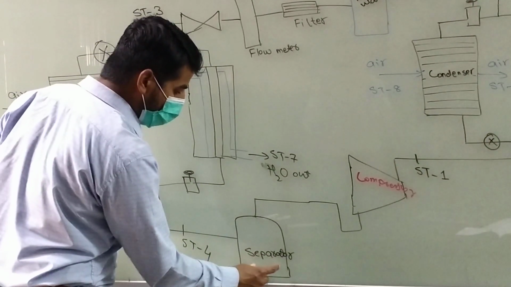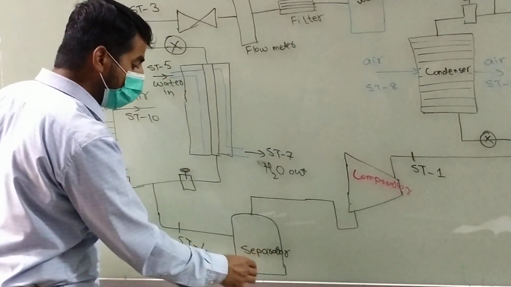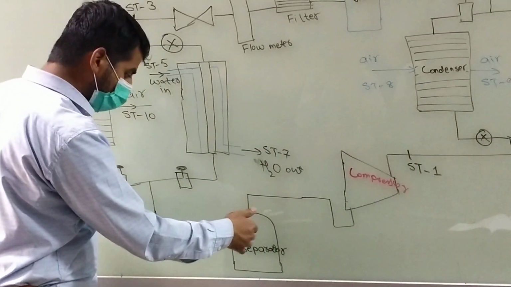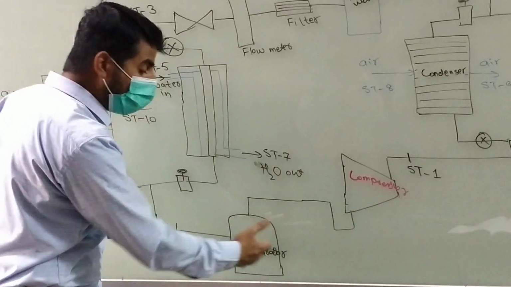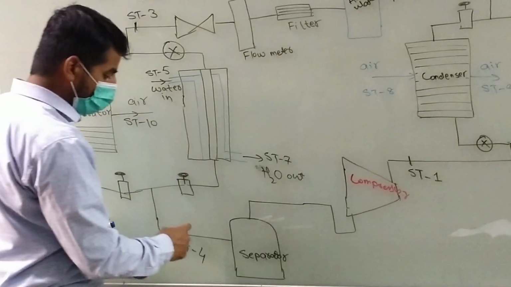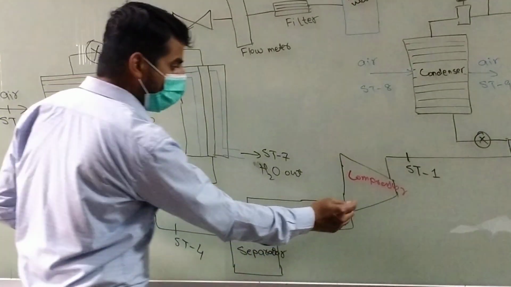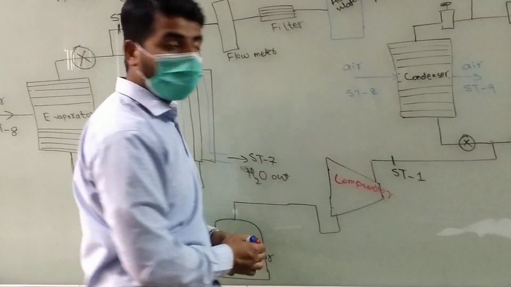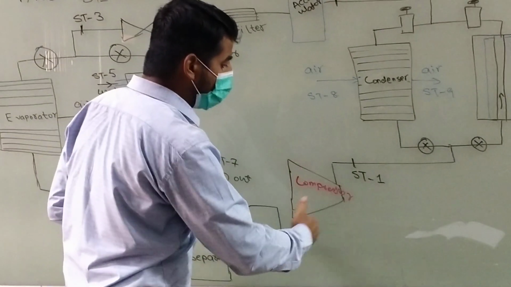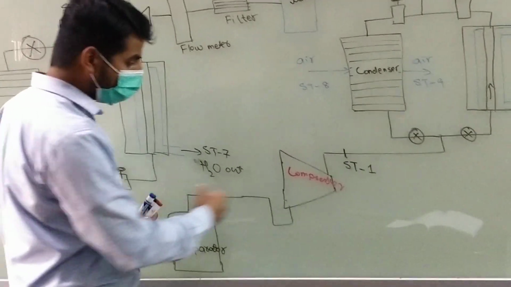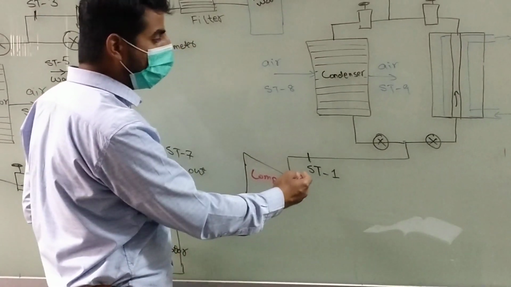The purpose of this component, the separator, is to separate the moisture from the vapors, so that only vapors go to the compressor. So we will reach the compressor. That is another component. The compressor will supply energy to the refrigerant, and after that the superheated vapors will go